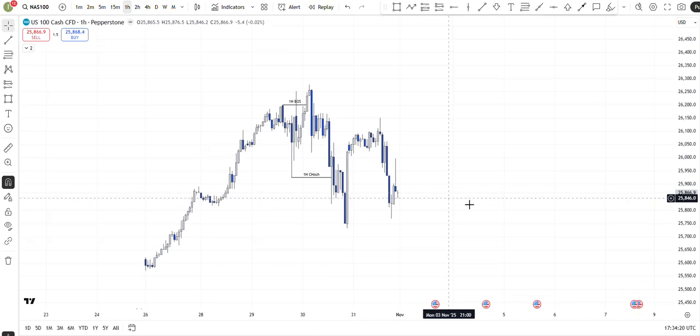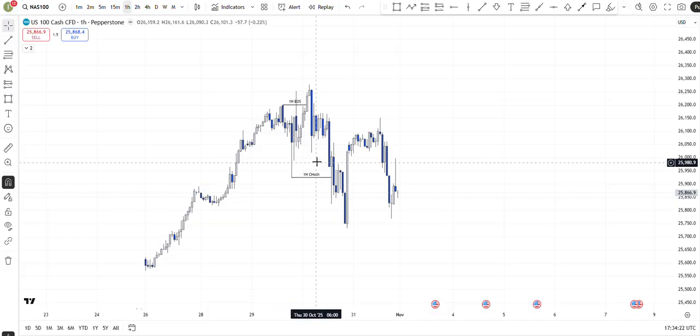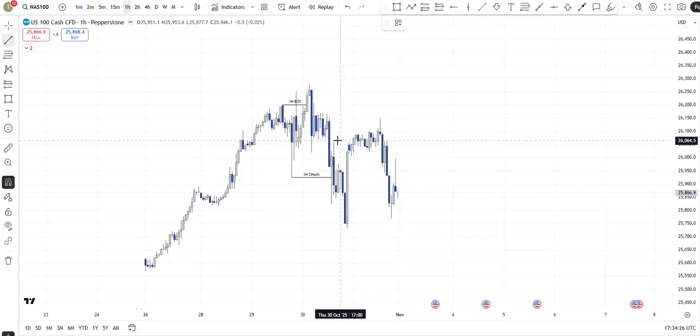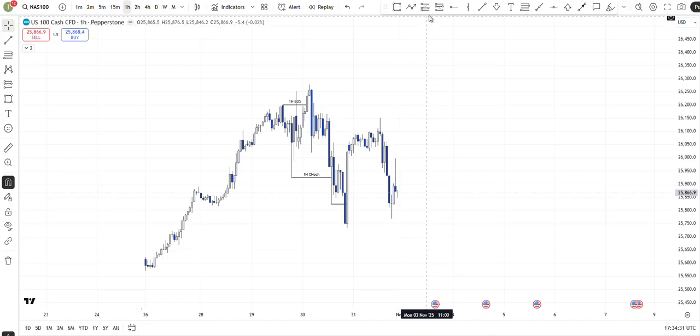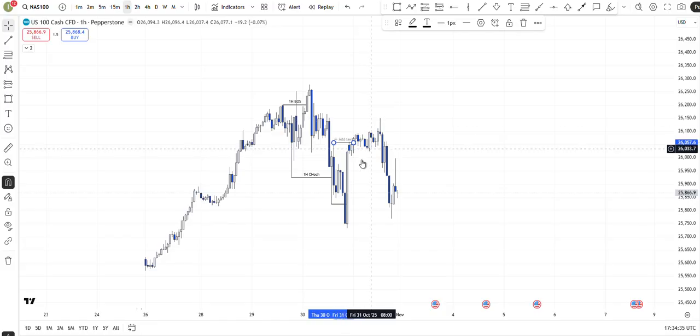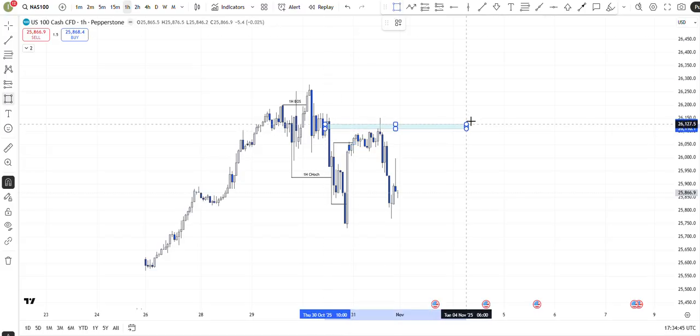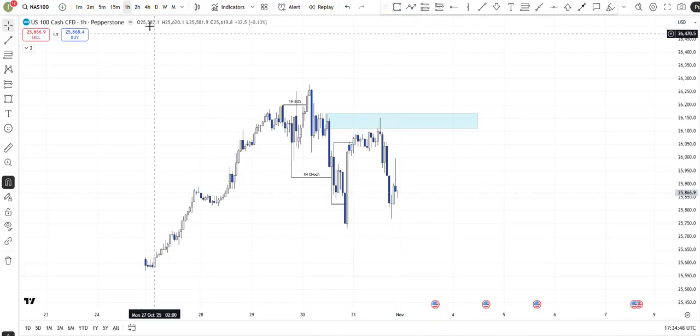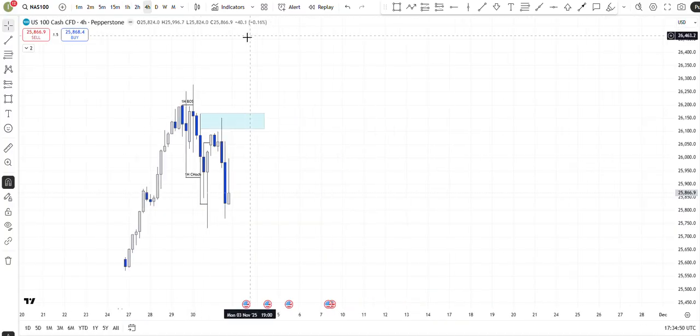So we pulled up. The high that made this low was here. So we can see here this low was created, and then this high gave us a change of character. So the 1 hour would dictate that we have changed character back to the upside, but it also came off an order block here. So let's just double check it on the 4 hour, which is a stronger time frame,